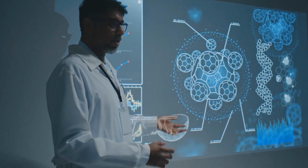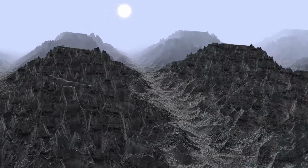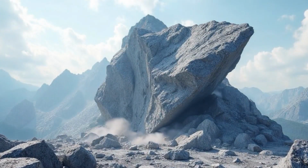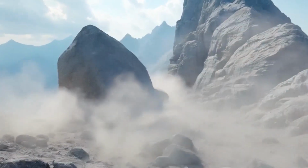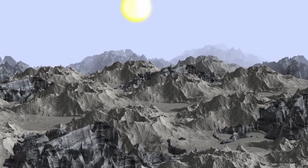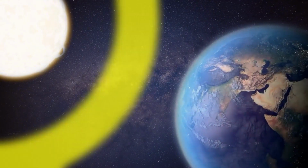As the sun becomes brighter, it will begin to heat rocks on Earth, such as granite and basalt. These rocks will start to break down faster. When they collapse, they take carbon dioxide from the air, which warms our planet. If there's less carbon dioxide in the air, Earth should become colder. But there's a problem. The sun will shine more, and its heat will outweigh this cooling effect. So even if rocks take away carbon dioxide, the sun will blaze so much that Earth will still become extremely